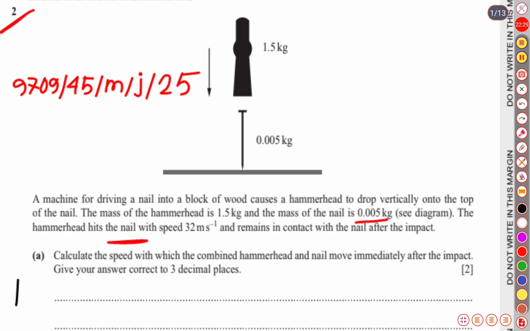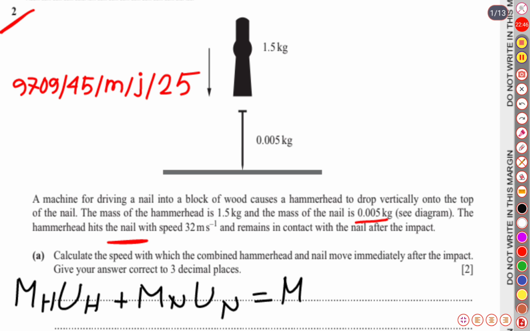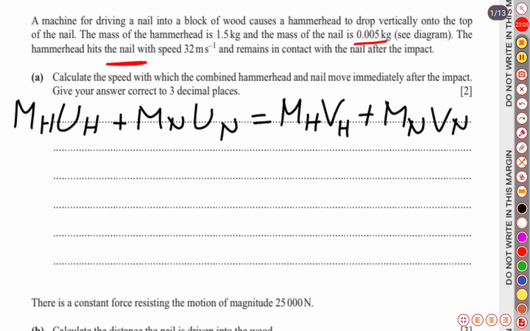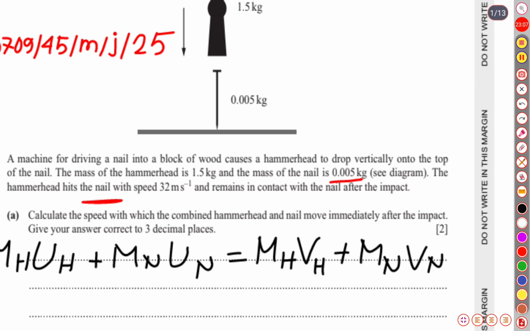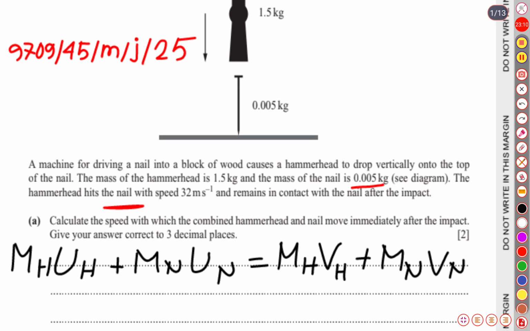Conservation of momentum is m_h, that is mass of hammerhead, into initial velocity of hammerhead plus mass of the nail into initial velocity of the nail is equal to mass of the hammer into velocity after the collision, and mass of nail as well into velocity of the nail after collision or after hitting. So the mass of the hammerhead is